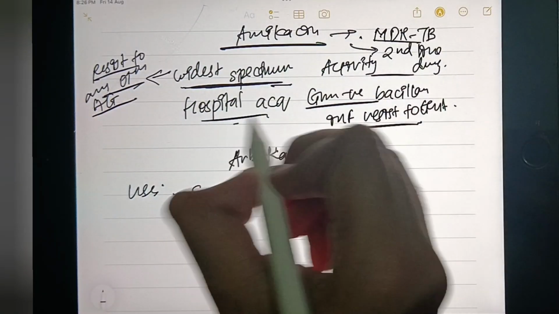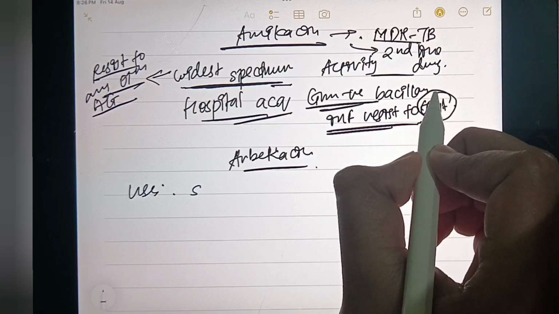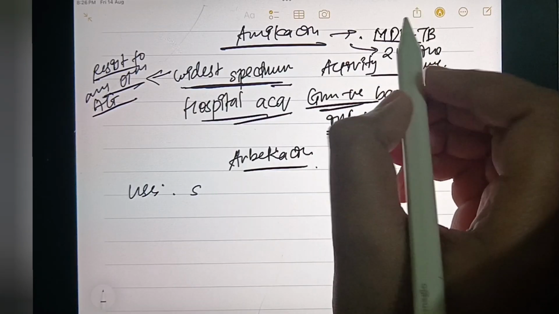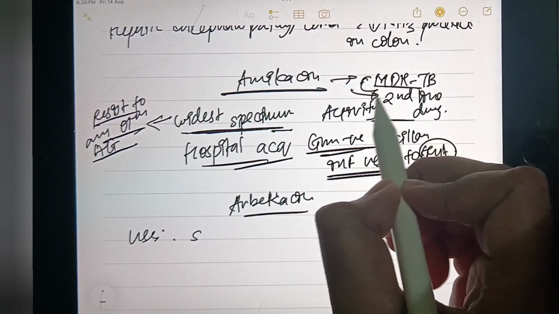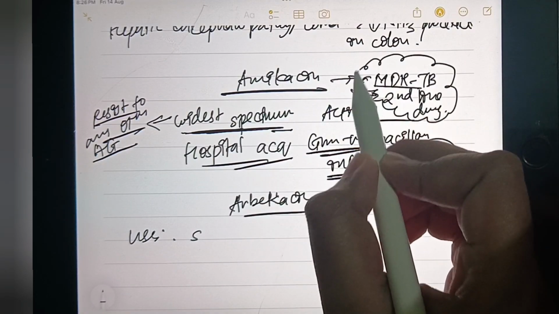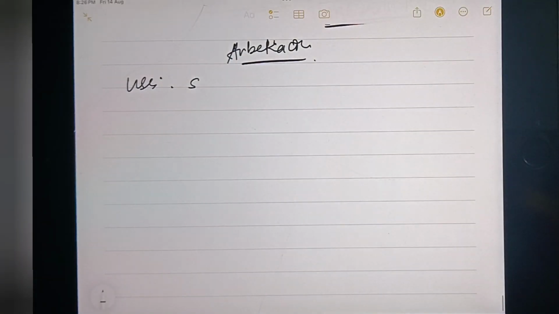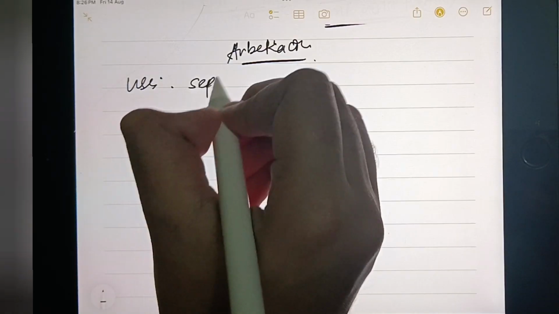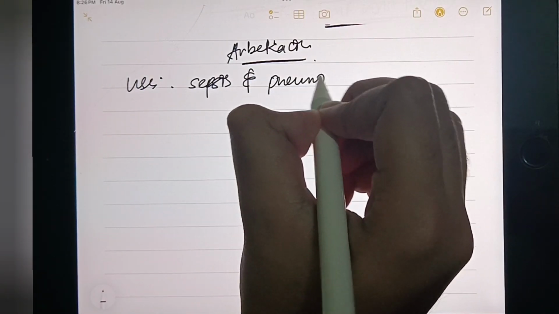It is used in hospital acquired gram negative bacillary infections which are resistant to gentamicin, and it is also used as a second line drug in multi drug resistant TB. Okay, so we will move ahead with arbekacin. I'm sorry if my pronunciation is wrong. It is used in sepsis and pneumonia